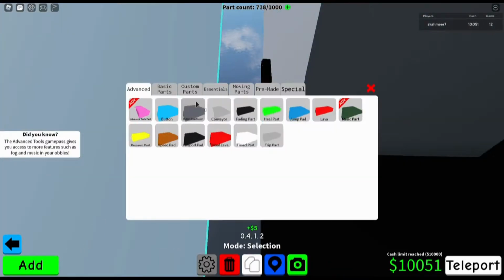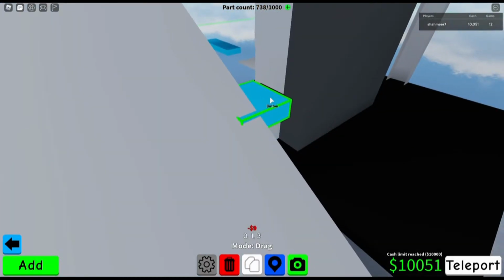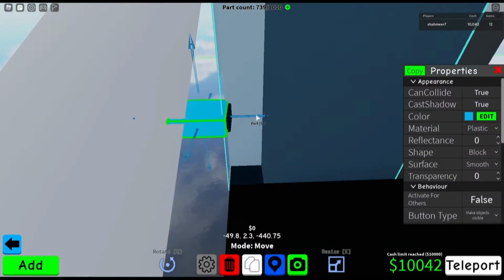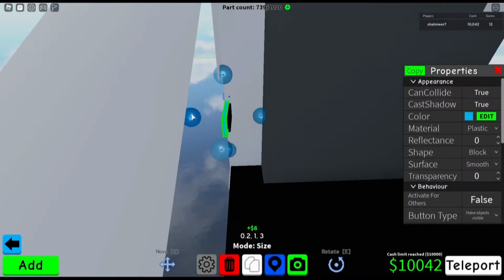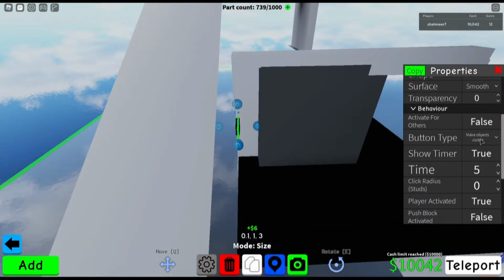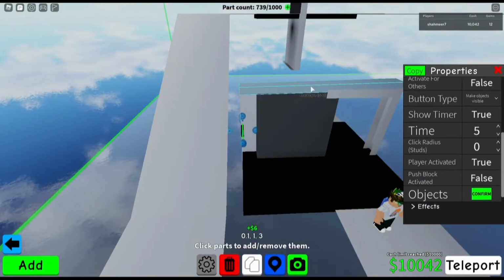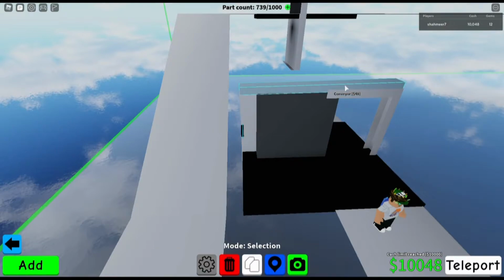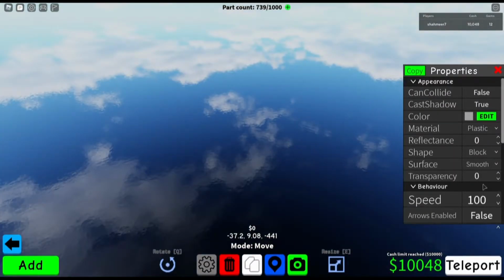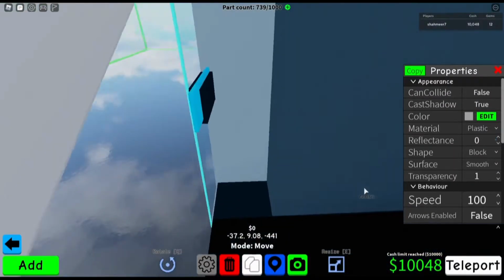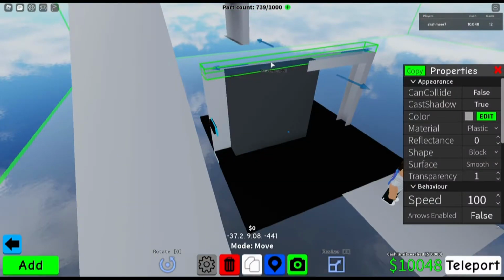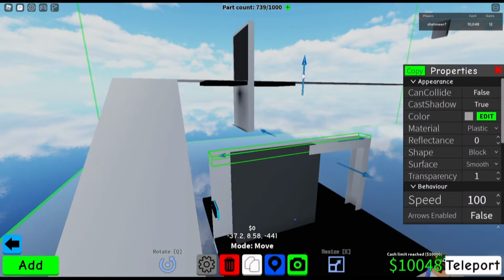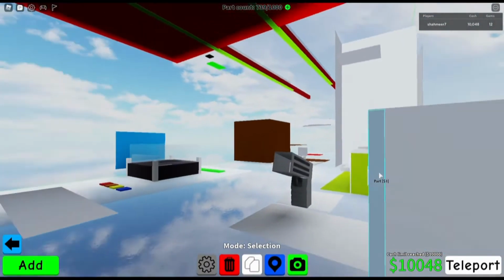And then you want to put a button after that. After you put this button, you want to connect it to the conveyor, and I would put it at 3 just to be a little bit safe. Now you want to make this disappear, and then you want to lower it a little bit so it just pushes the